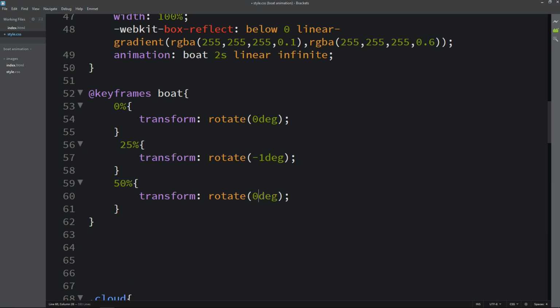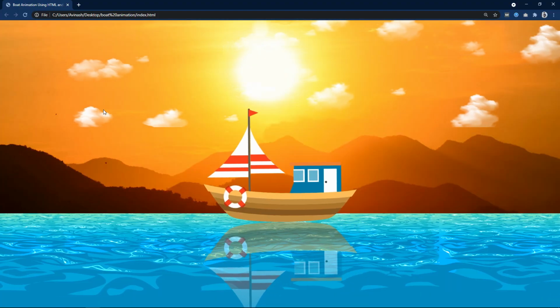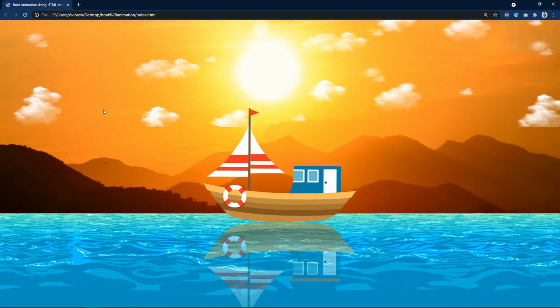Then again rotation will be 0 degree. Duplicate it and make it 75%, and this time it will become 1 degree. And next we will write the 100%, and on the 100% it will become 0 degree. So you can see first it will be 0, then -1, again 0, then +1, and again 0. Now you can see this boat is swinging.